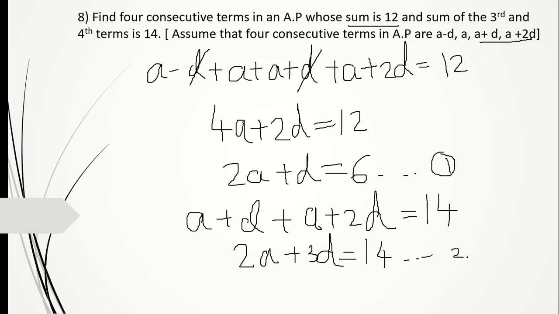Now these two are linear equations, number 1 and number 2. We've got two linear equations. Now how do we get the value of A and D? See, what are we asked to find? Find 4 consecutive terms. So for that we need to know what is A and what is D, right? So how do we get that? Solve the linear equations and you will get that. 2A plus D is equal to 6. So we can subtract directly, and this 2A term we will eliminate. By the elimination method, that 2A term will go. Let's see how we can do that.